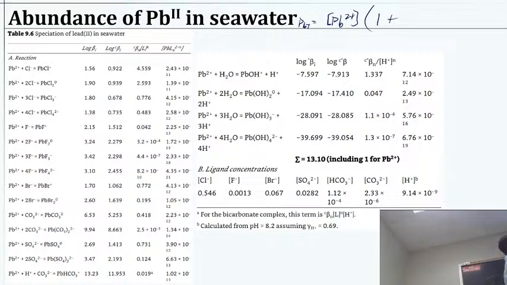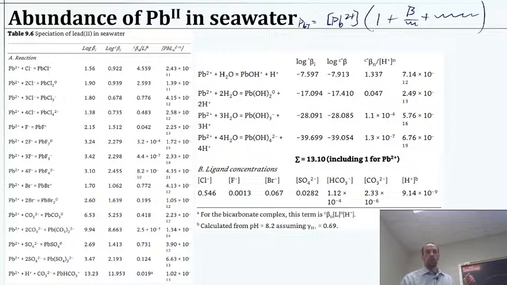If we're counting the total lead, we want to count the lead 2+ plus the lead chloride, plus the lead dichloride or whatever, plus the lead fluoride, plus each of these species, right? And we put it in terms of these different betas and K values, right? So the beta probably over some proton plus blah, blah, blah. Okay, so they just added all these up to say